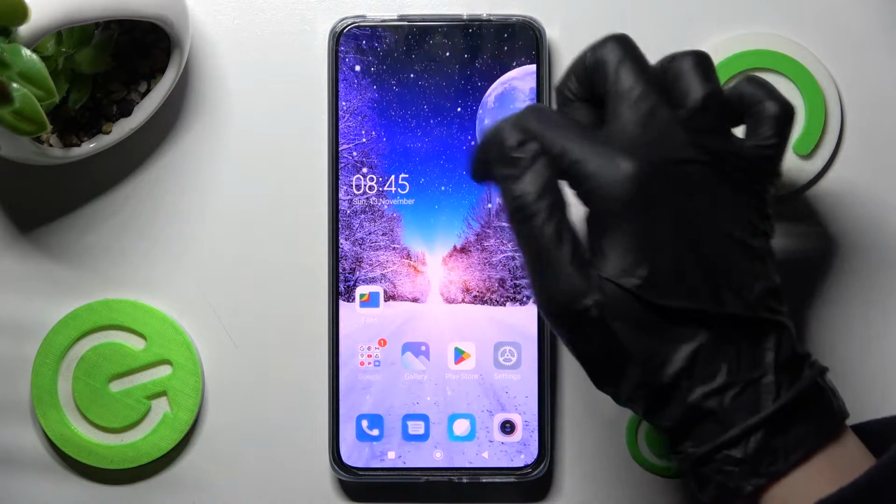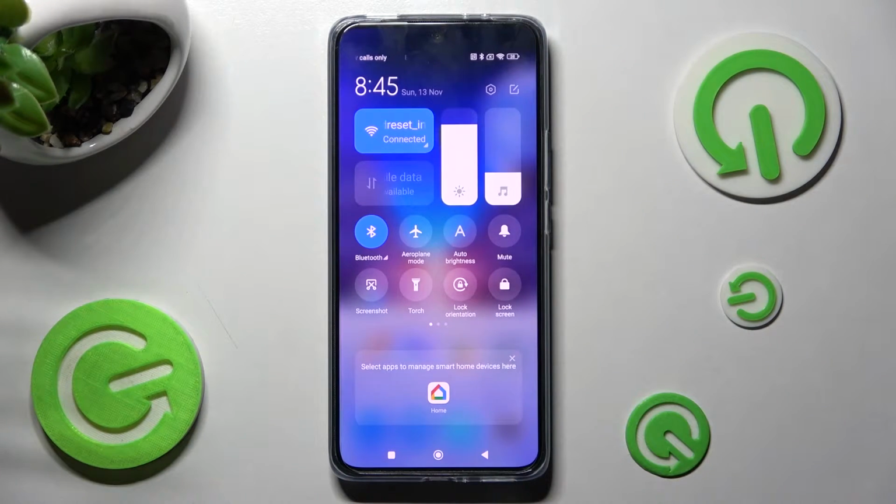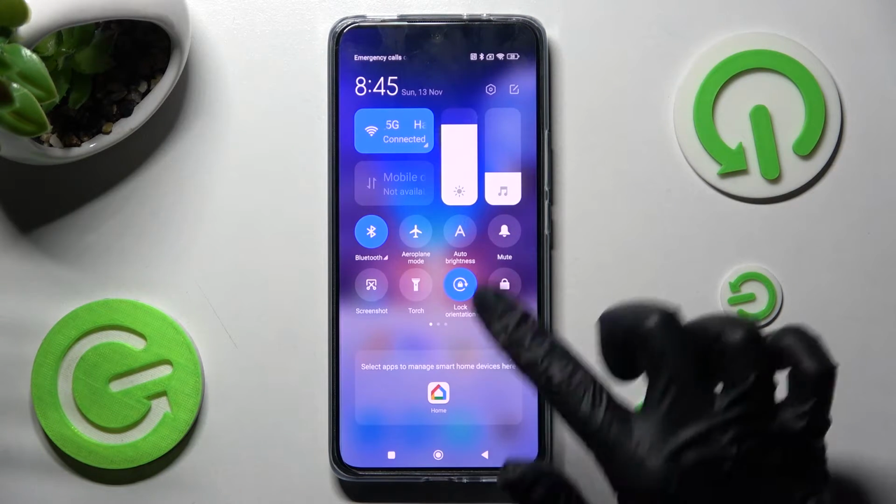First of all, go into Tab menu. Now look for Lock Orientation icon, and when you find it, click on it. As you can see now, it's blue. That means that automatic screen rotation is off, but you can always turn it on by clicking on the same